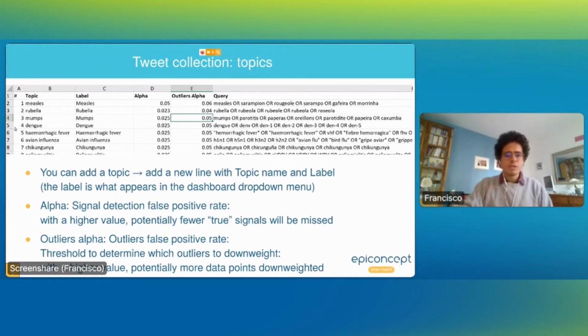So to add a topic, you just need to add a new line into this spreadsheet, and then you can define the topic ID and the label, and you have 3 columns that define what the topic is. The main one is the query. But first, the alpha and the outliers alpha are 2 columns related to the alert